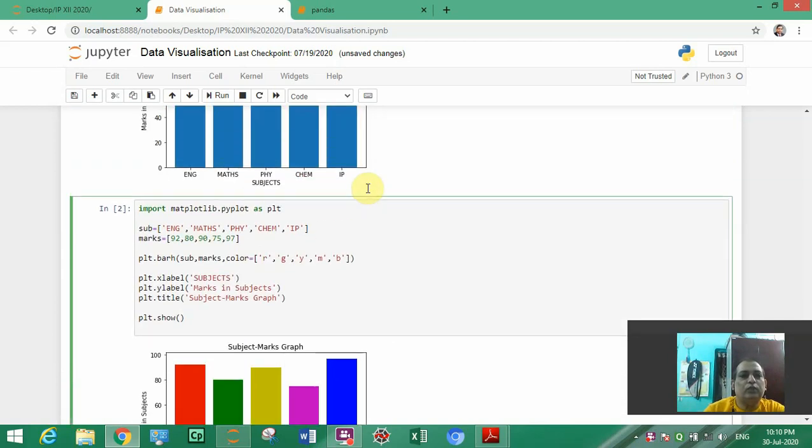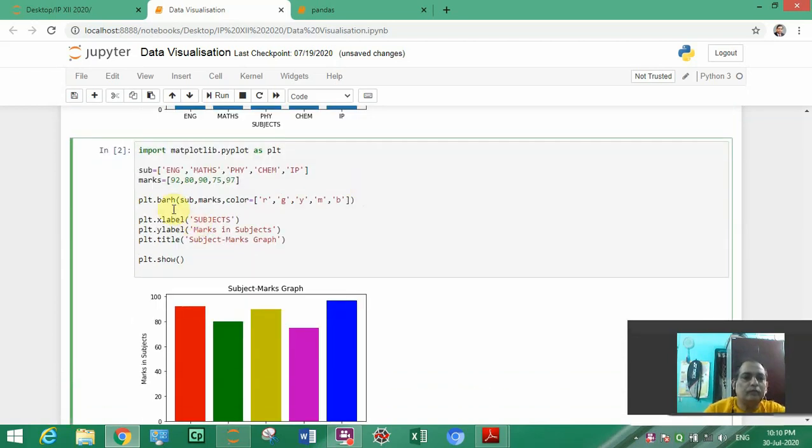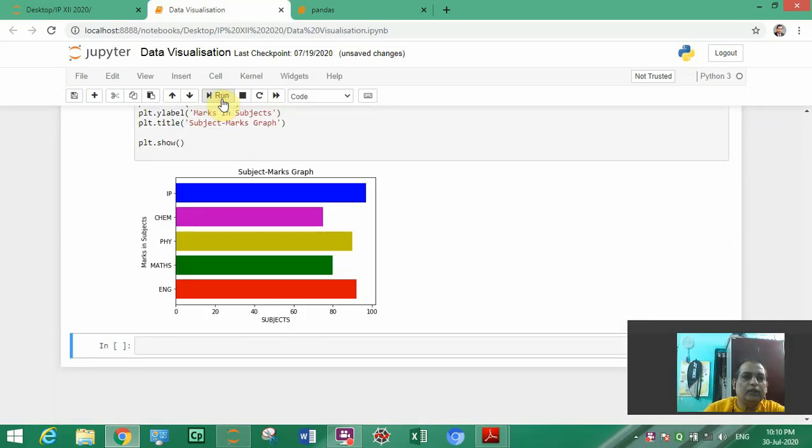It will be created horizontally. So there is no big thing here. Here again you see I did not change the title. Here instead of marks it is coming subject, and instead of subject it is coming marks.